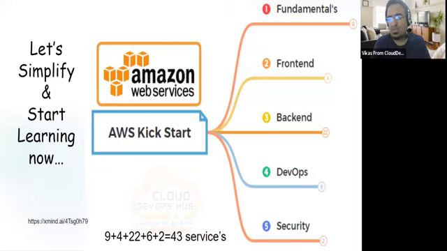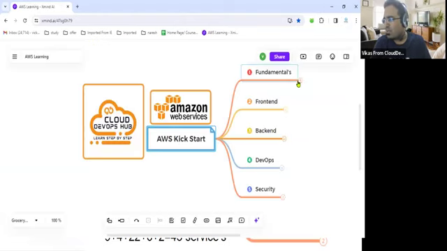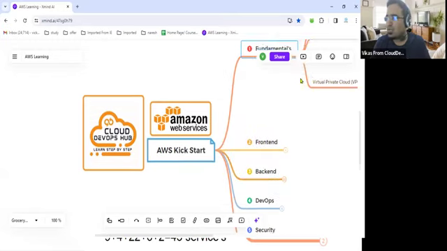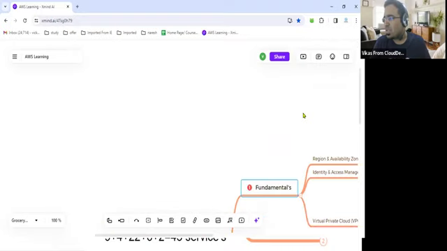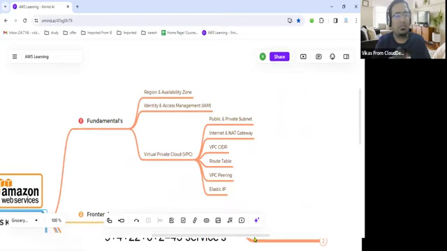Yes, definitely. I'm just opening my other account. This is my mind map. In this mind map, if you come down, you will be able to see around 9 services showing here. Sir, what all 9 services are here? If you click here, you will get to know that these services belong to the fundamental categories, meaning regions. You have to be aware of where the data centers of AWS are available, and how to access the AWS account with proper policies or best practices. We will discuss this part.